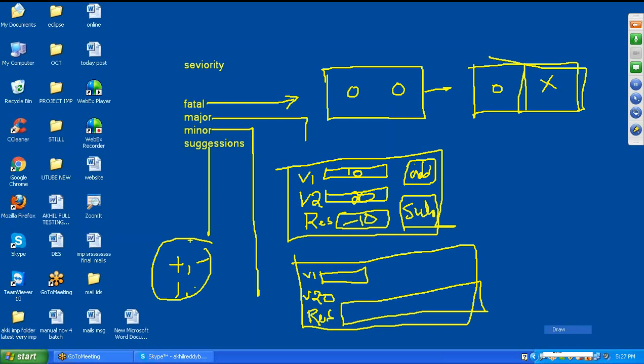Because it depends on the situation, on the case. Priority is nothing but based on the situation, priority will be changed. Whether it is fatal or major, minor, suggestions, whatever it is, based on the situation, priority will be changed. Before marriage, each and every person gives priority to mother. After marriage, automatically, unfortunately, it goes to wife. That is common, not only in India, wherever you go. So based on the situation, priority will be changed.